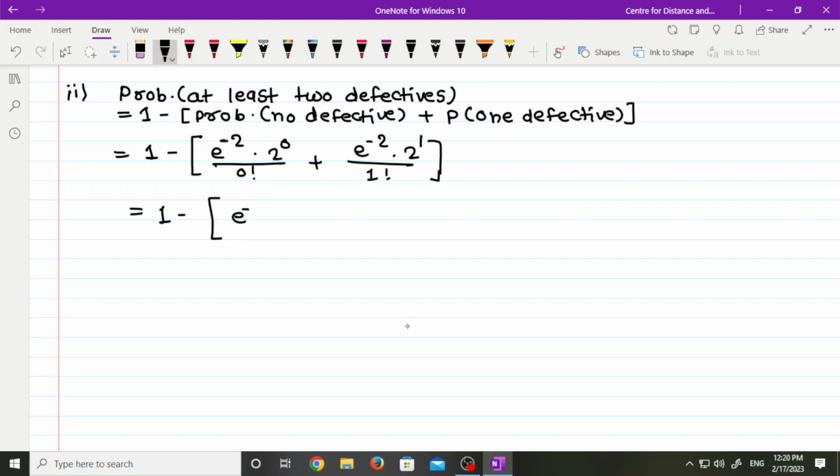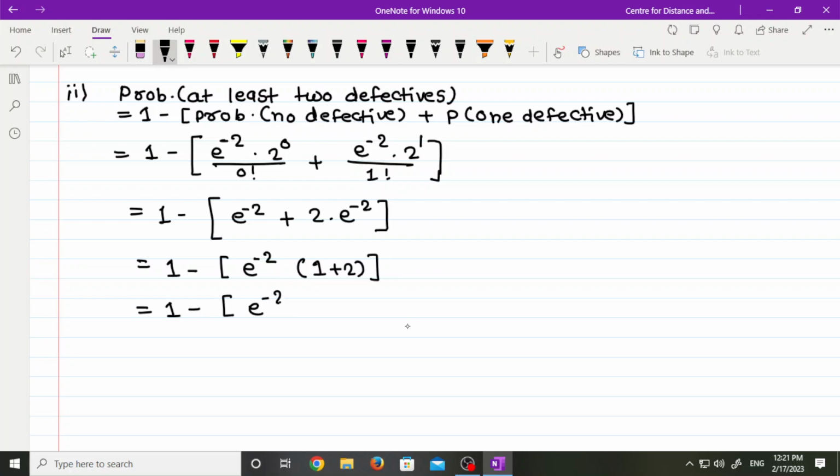So, you get e raised to minus 2 plus 2 raised to 1 is 2 divided by 1 factorial, that is 1. So, here we get 2 into e raised to minus 2, which is equal to 1 minus, here from this equation we common out e raised to minus 2. So, here we get 1 plus 2,